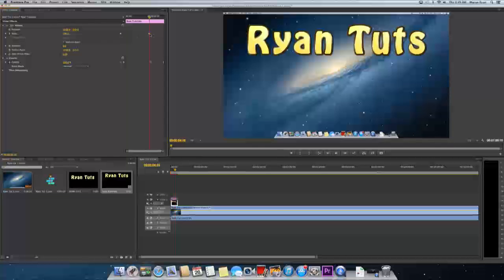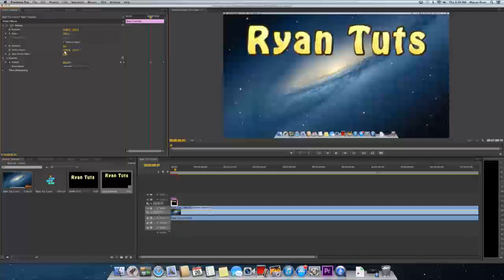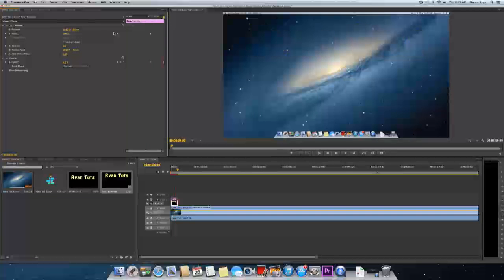But I actually want to get rid of this keyframe because I don't want that there. If you hold shift and then drag this around, it'll lock you onto the nearest keyframe. And so now I want to make my little keyframe. Boom. I want this point in time, I want this thing to be 100 scale, so it's completely normal. And then at this point in time, I want it to be